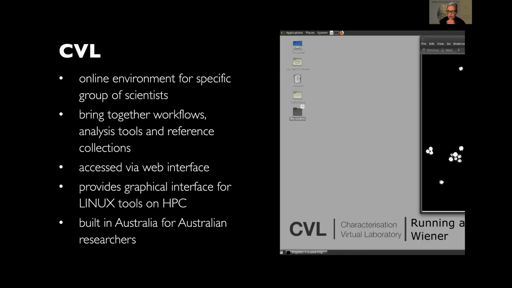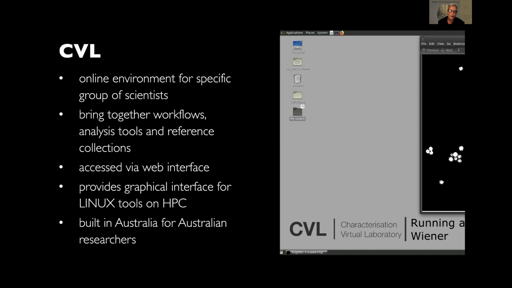So how it differs to the CVL: oftentimes CVL and ACCS are used interchangeably, but CVL is just one specific tool or platform that we work with, which helps to offer some of these solutions. CVL itself stands for Characterization Virtual Laboratory, and it's our biggest product and our main focus for a lot of our work at the moment.